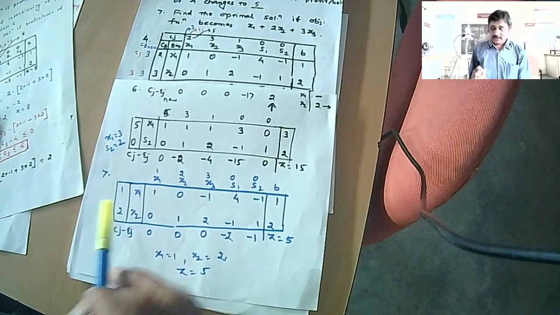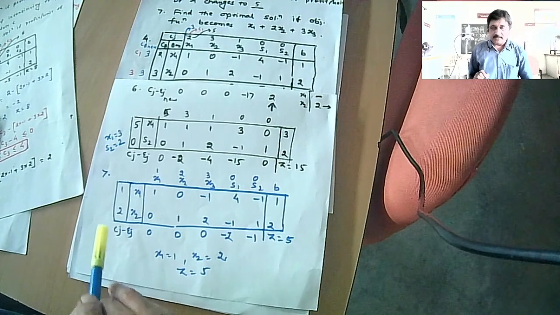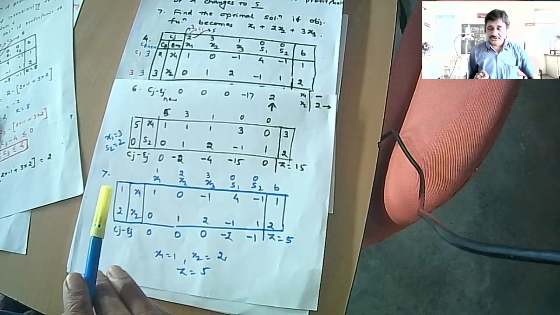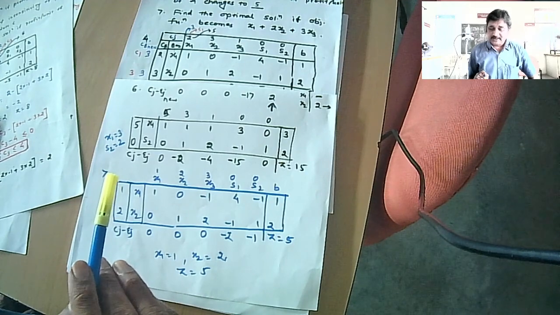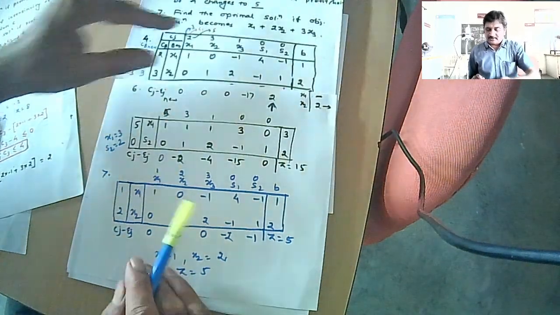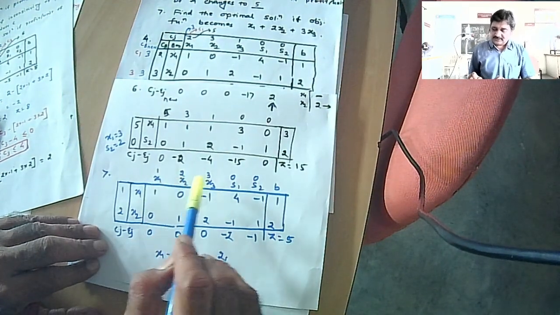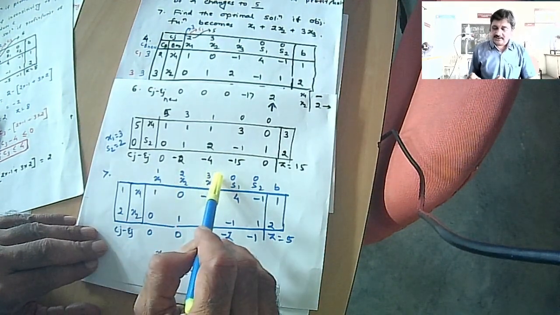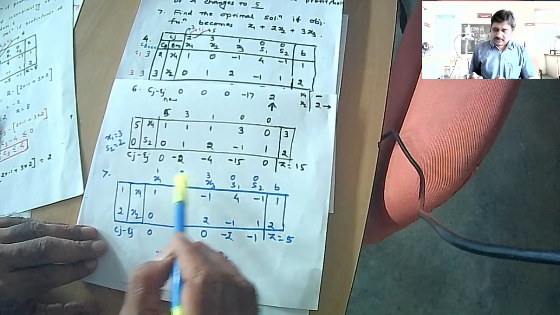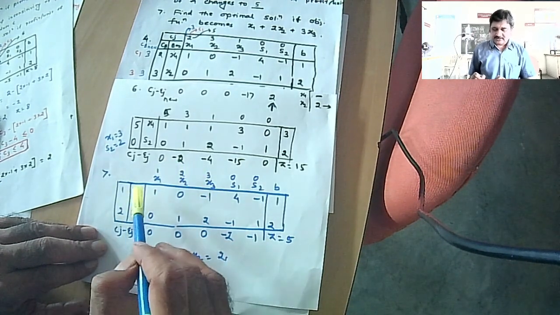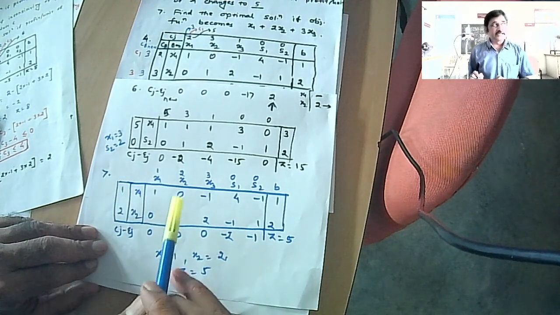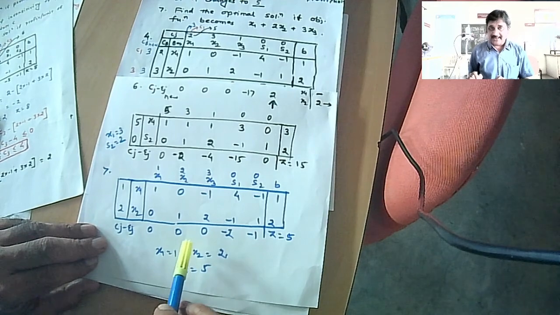All right. Now coming on to the seventh problem. Find the optimal solution if the objective function becomes x1 plus 2x2 plus 3x3. So what you have to do is rewrite this problem with the coefficients of x1, x2, x3 in the objective function as 1, 2, 3. On this change, you replace these coefficients as 1 and 2, and now you once again find the Cj minus Ej value.